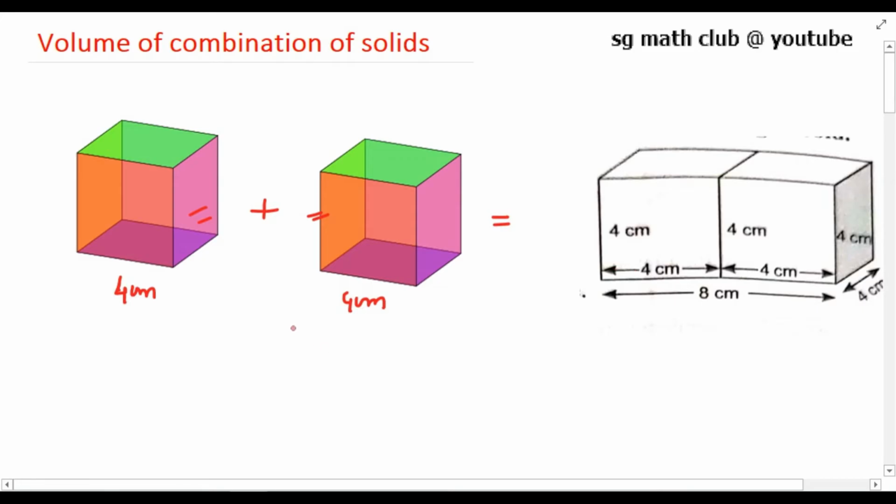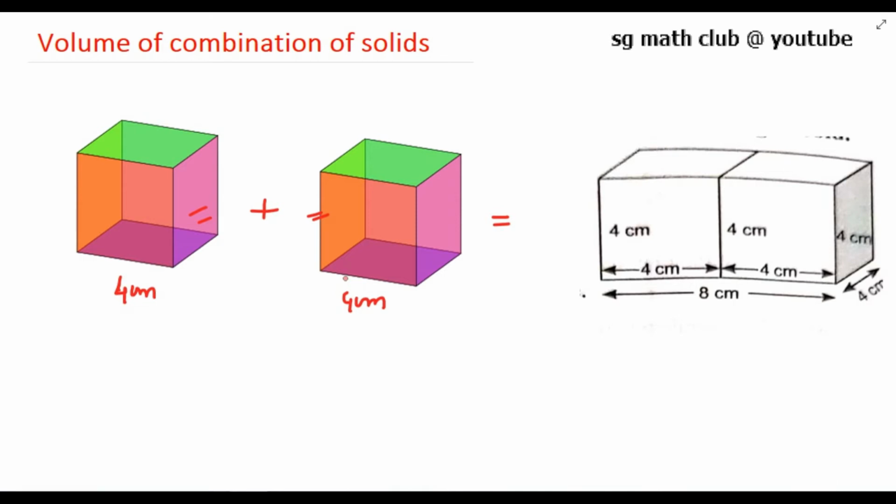However, this will not be the case when we calculate the volume. The volume of a solid formed by joining two solids will actually be the sum of the volumes of those solids. Suppose I have joined these two cubes and I want to find the volume of the new shape formed. Then that will be equal to the volume of the first cube plus the volume of the second cube, which will give you the volume of this new cuboid. So in the case of volume you can add, but to find the surface area we cannot add, because some part of the surface area will disappear in the process of joining.